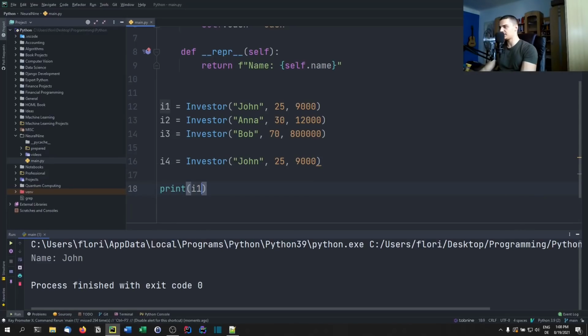And now I want to print I1 equals I4. Is that true or not? Are they the same or not? It says false. Okay, so basically it will only say true if I say I1 equals I1. It's not going to say, okay, those are the same fields, so they're equal, because we don't have an implementation of